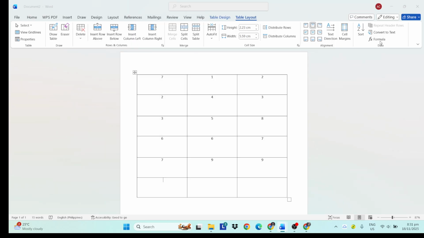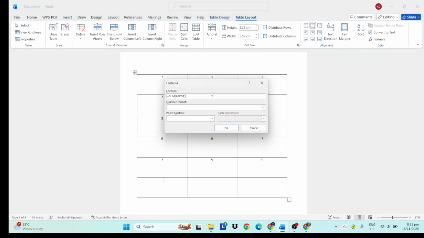Word is pretty smart. If it detects numbers above your selected cell, it will often suggest something like =SUM(ABOVE) by default. Above refers to the cells in the same column above your current cell. If you're totaling numbers across a row, you can use =SUM(LEFT) instead, which looks at the cells to the left. This same idea works for other functions too. For example, you can type =AVERAGE(ABOVE) to calculate the average of the numbers above, or use =PRODUCT(ABOVE)